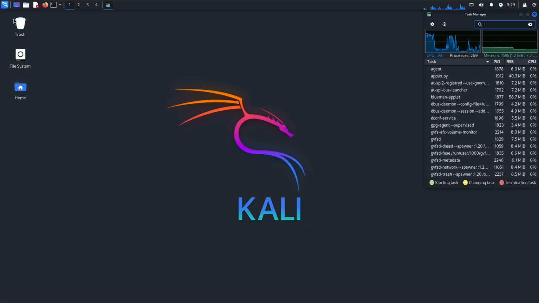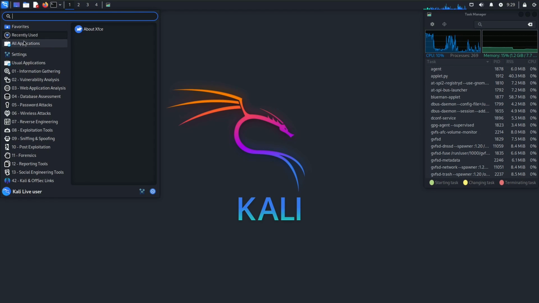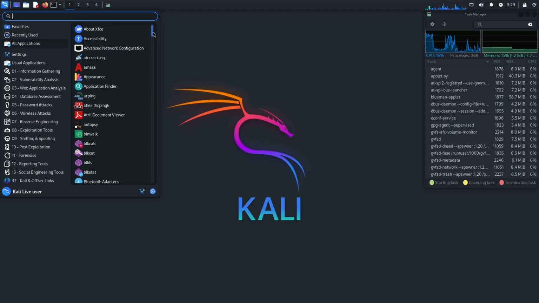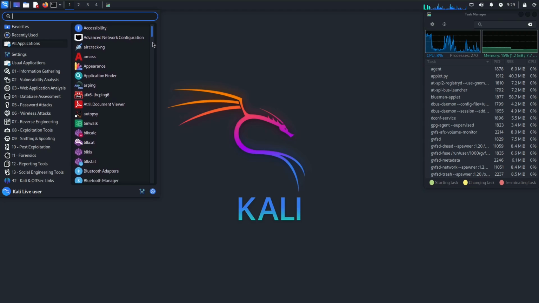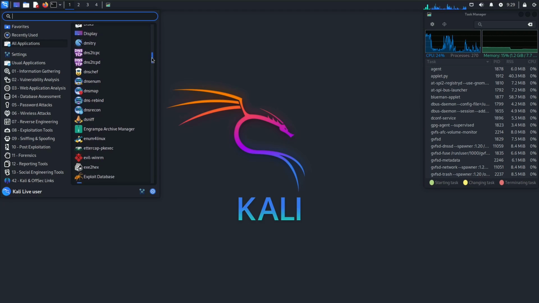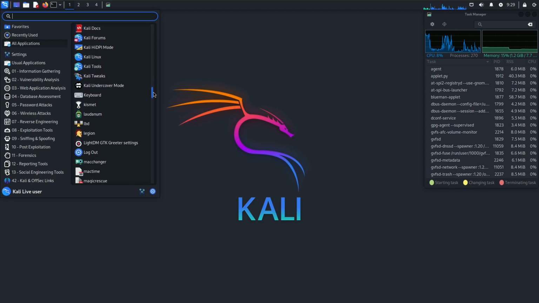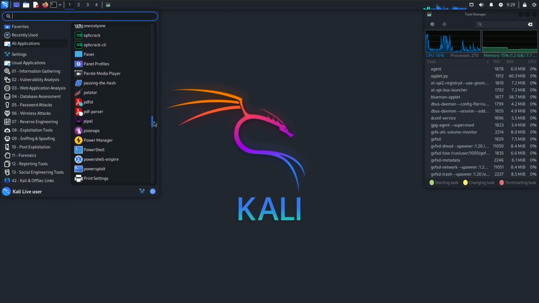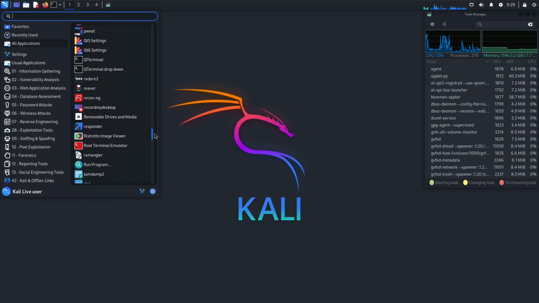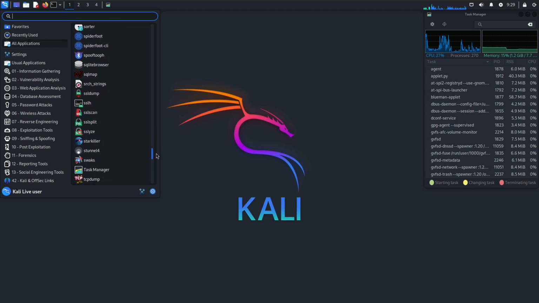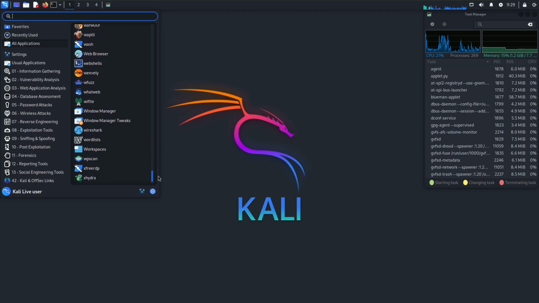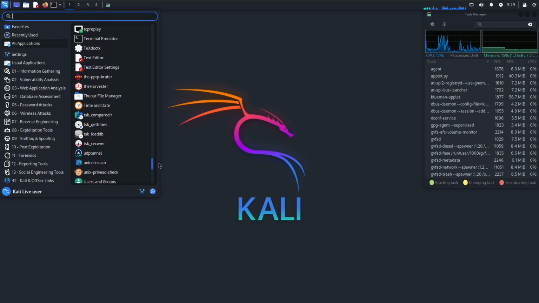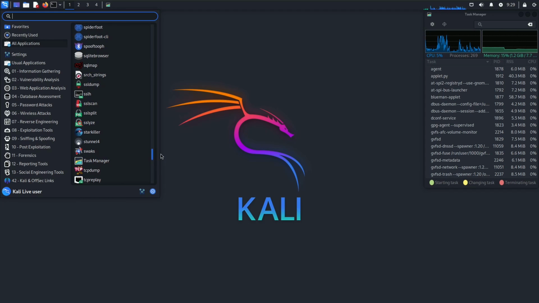Again, this is an XFCE desktop environment. You can customize according to your wish. And about the pre-installed applications, this is not for normal users. So these are all the pre-installed applications you get. You just need to slow down the video in the YouTube settings and you should be seeing all the pre-installed applications here. So for professionals, you get all the important applications, and I already mentioned the new 11 tools available in this release, and also support and all those things in the beginning, and also the system requirements.